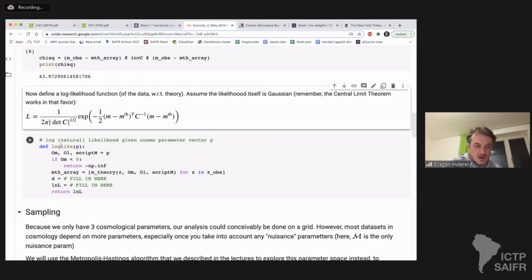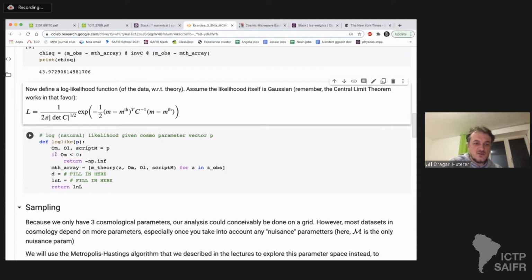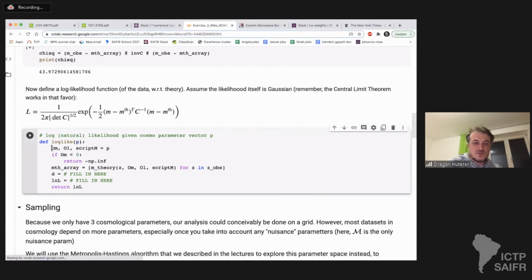So here I started to, we want ln, really, the natural log of this likelihood. First of all, p, by the way, is the parameters we want. Our 3 parameters are omega matter, omega lambda, and script m. Omega matter and omega lambda go in the distance, and script m goes into the model. I'm telling you, if you ever feed that likelihood a negative omega matter, just return an infinitely bad result. But other than that,